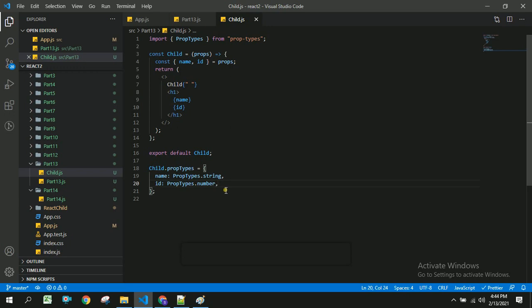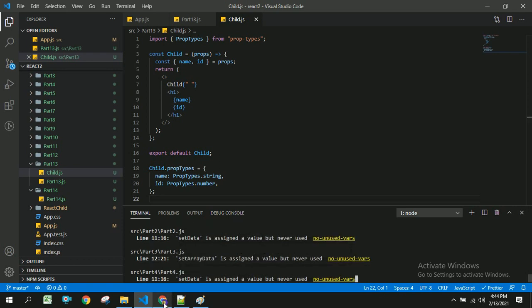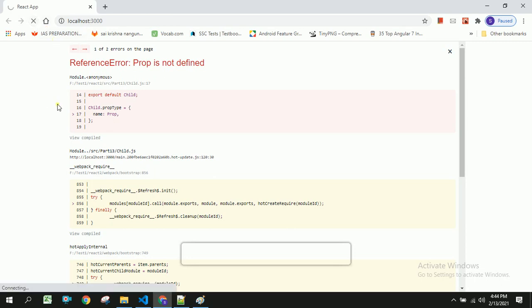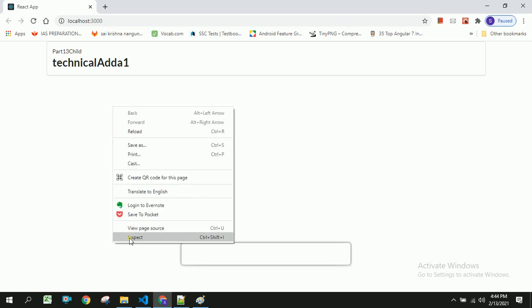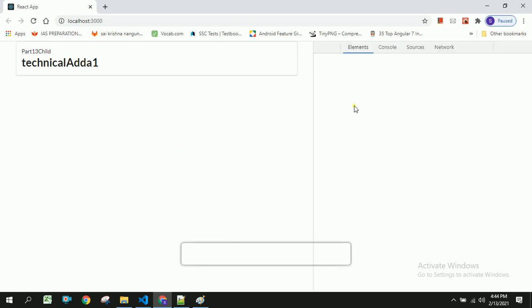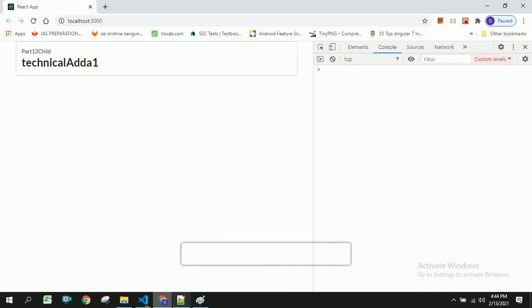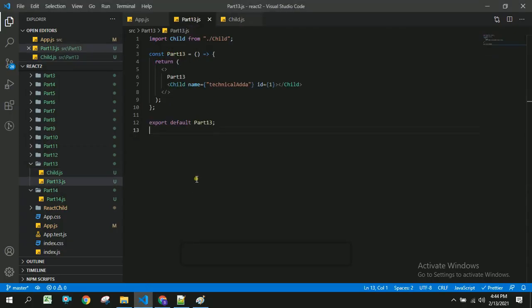Let us check this. Here we are not getting any error because we are sending the same types: for name we are sending a string, and for id we are sending a number. Let us suppose we send id as a string. Now you should be able to see the error in the console.